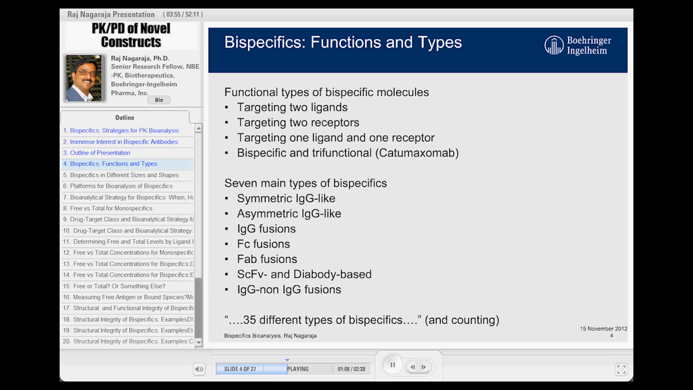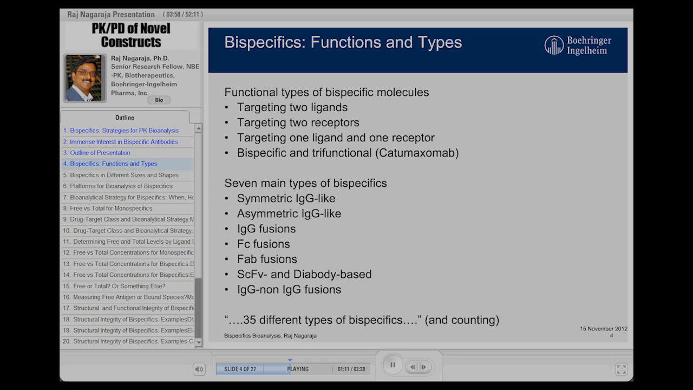Structurally speaking, there are 7 main types of bispecific molecules. There are